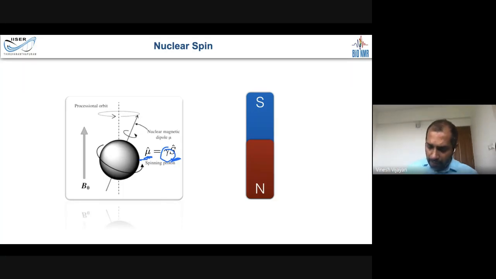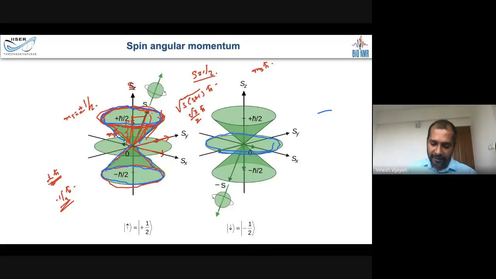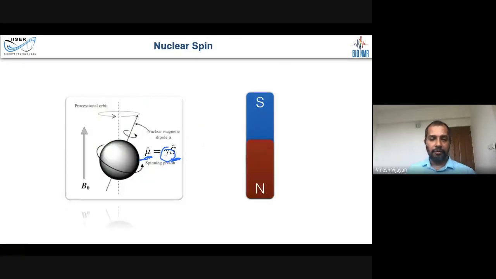Okay, and so that was the magnetic moment. This is the magnetic moment that will interact with the magnetic field, and will tell you whether the energy associated with this direction is lower or with this direction is higher. That magnetic moment will tell you exactly. So it also depends on